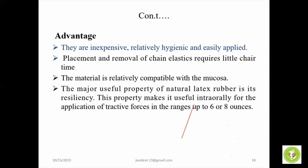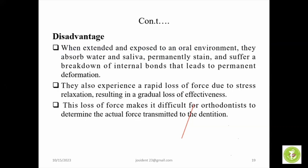So this property makes them useful intraorally for the application of tractive force in a range of up to 6 to 8 ounces of force. Basically, the recommended force dose for intraoral use should not exceed 6.5 ounces. Actually, 8 to 14 ounces is, for most of the time, for extraoral use to bring about skeletal effect. And the disadvantage, like any other instrument or material, is that when extended and exposed to an